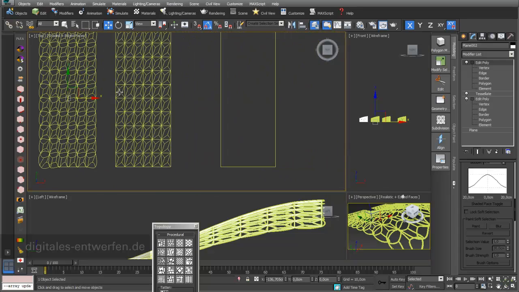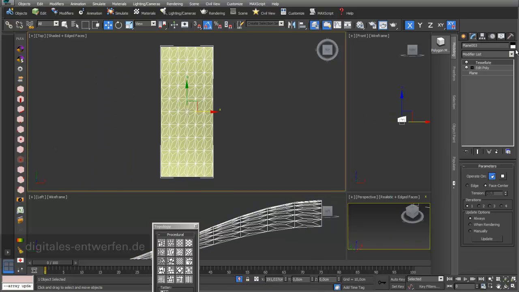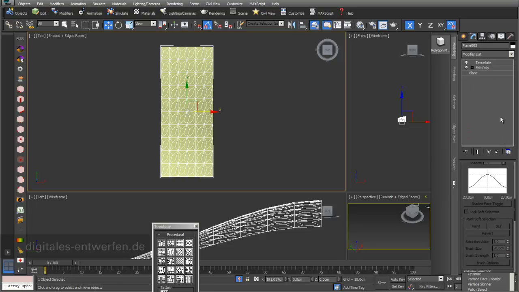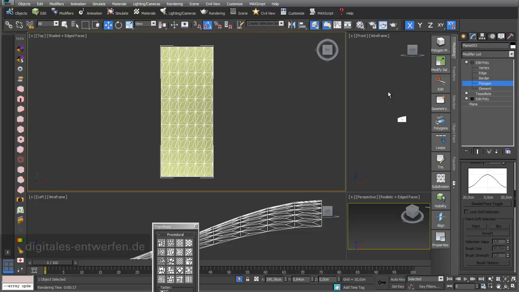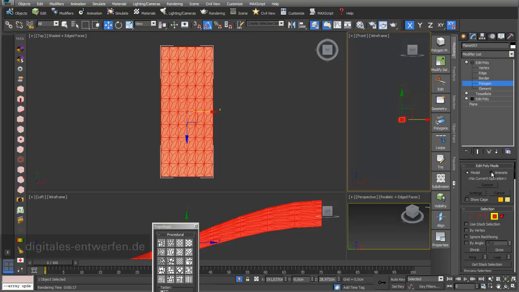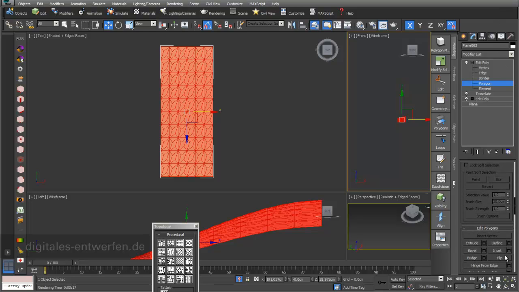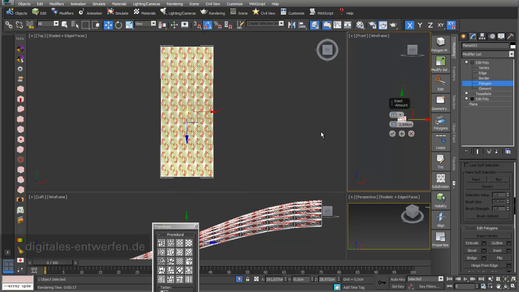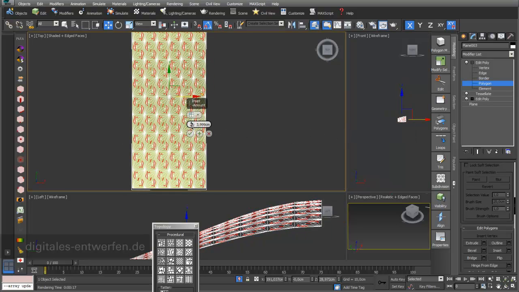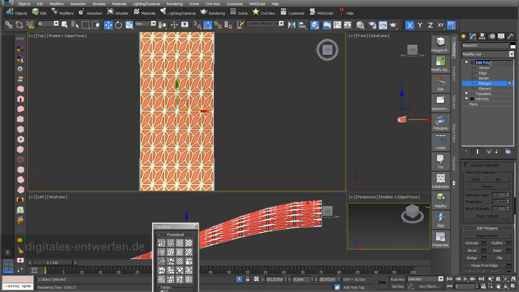Okay, another method could be that you choose your surface again. I go into isolate selection, and again I add one edit poly modifier on it. I go into polygon and I select all my polygons, and I go into animate to be a little bit more flexible for future variations, and then I can go into insert. And if I go into insert by polygon, that's important, then you have to take care that it's not too big. You can just have a really small insert of this. For example, like this, and I rename my edit poly to EP